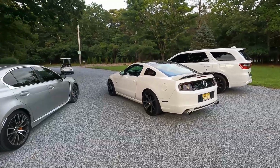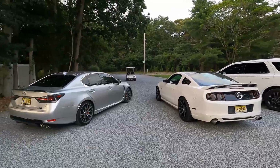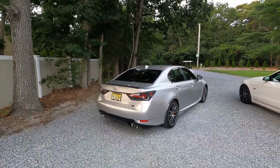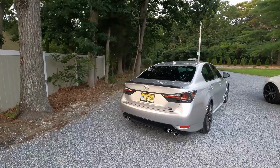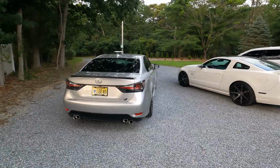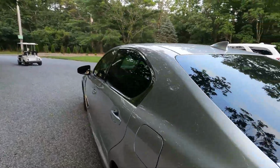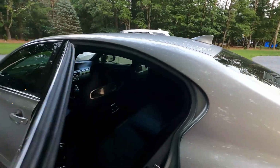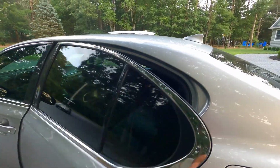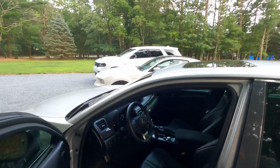Now, I say that they're similar because they're both 5-liter V8s, they're both double overhead cam engines, and they're the same displacement, same type of engine. They drive very similarly. They sound completely different, but they drive very similarly. So let's go ahead, open the doors here on this Lexus. Now this is a sport luxury, so this is the car you get in when you want to drive in comfort, but you want to be able to keep up with or even beat